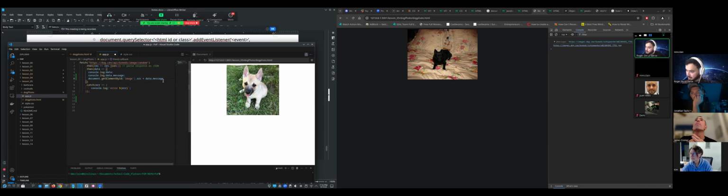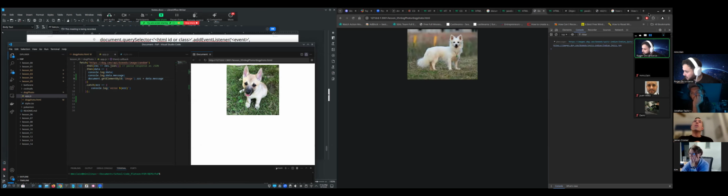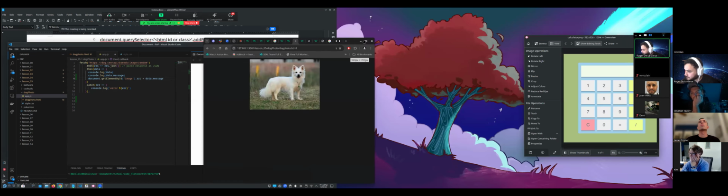So actually, if you right click your browser, put inspect and go to your console, let's look at what data is. You're going to see it's an entire object. The URL is hidden within the key value pair of message. That's why it wasn't working. Okay. So here's the